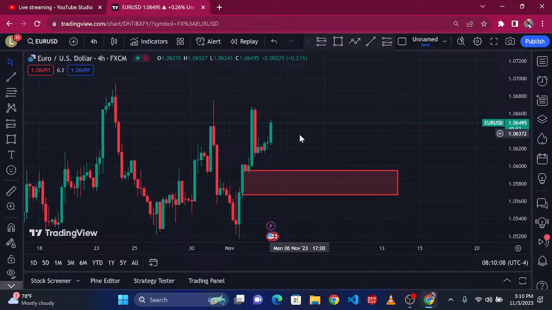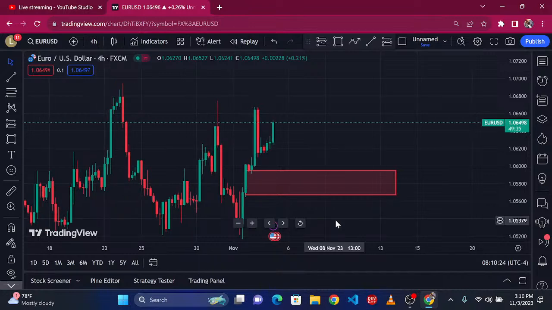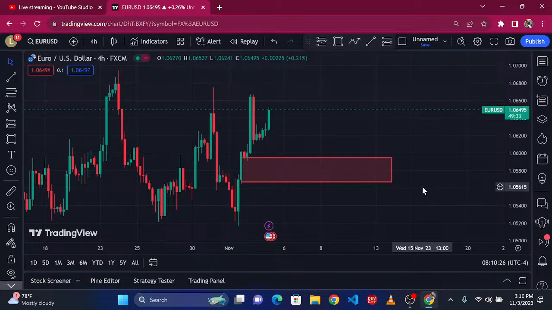But according to the DXY setup, I'm hoping this market takes out either this high or these two, and then turns into this fair value gap, or it takes away these two down. So the market has two jobs, and I'm hoping it first sells before it buys, because NFP is